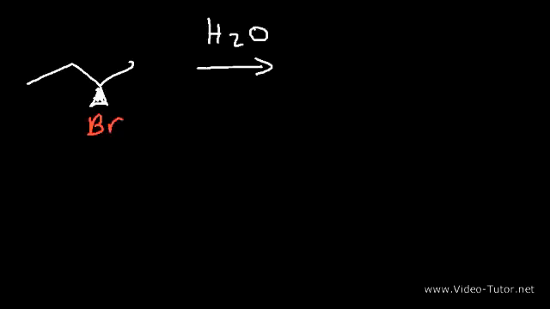Now what if we have an SN1 reaction where the nucleophile is not negatively charged? It's neutral. In this case, the nucleophile is also the solvent. Whenever the nucleophile is the solvent, you have a solvolysis reaction. So in the first step, the leaving group is going to leave. And so we're going to get a secondary carbocation,